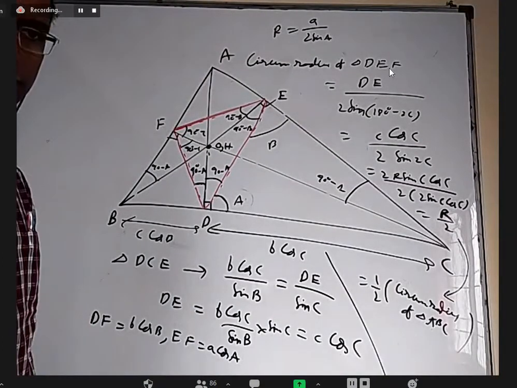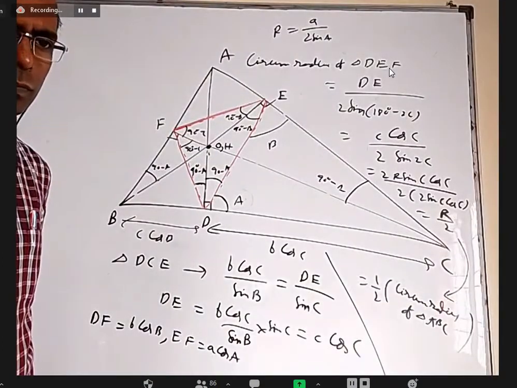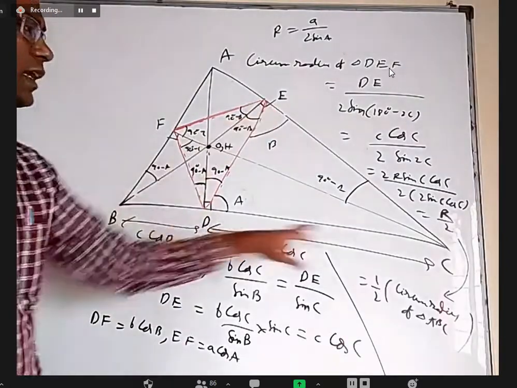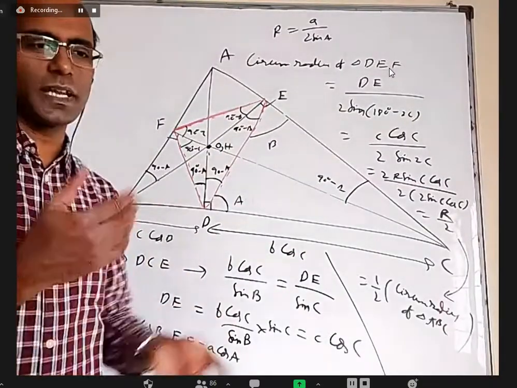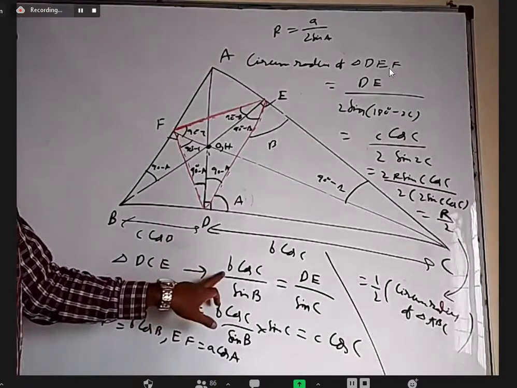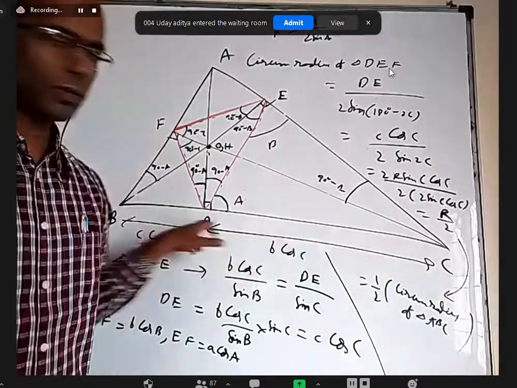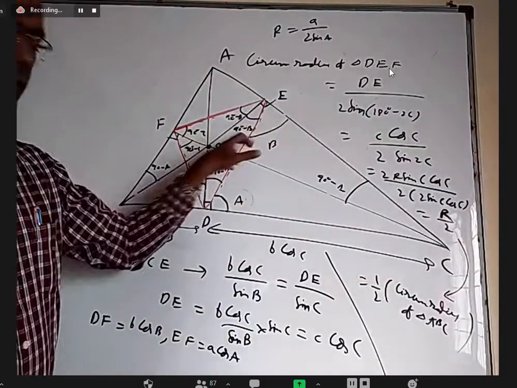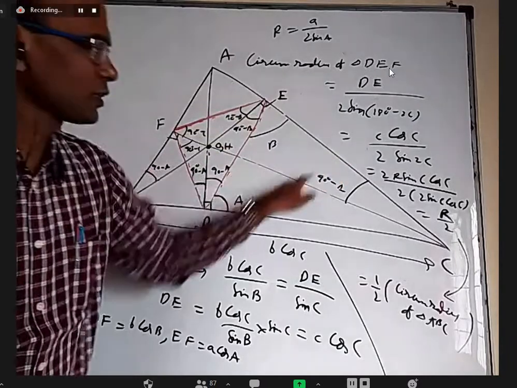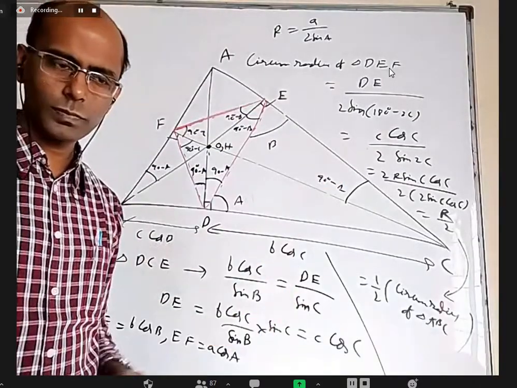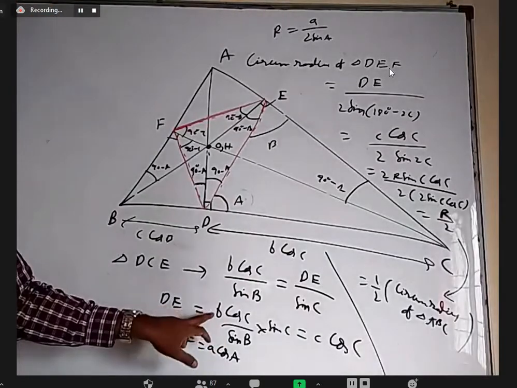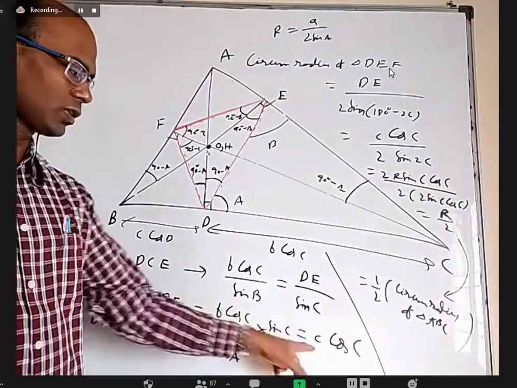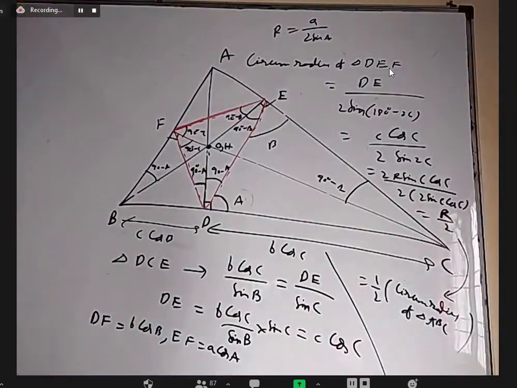Sir, once explain the down part, sir. This one? Yes, sir. Okay. In this small triangle, we applied the sine rule. What is the sine rule? You take any side by sine of the opposite angle. The ratios are the same. b cos C, that is this length. Earlier we proved it right in the beginning. Opposite angle is this angle, which is sine B. DE is this length and the opposite angle is angle C. That is this. Okay. And after that you write b as 2R sin B, cancel, you will get c cos C. Or b sin C by sin B according to the sine rule is small c. Yes, sir. Now understood.